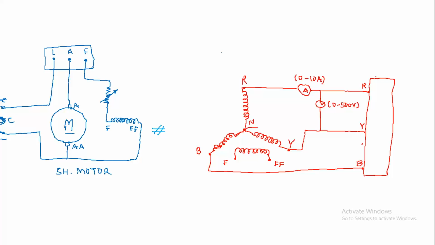And the load is variable, so you must put an arrow in the load. Otherwise, if you do not show the arrow, it will be a fixed load. You will get only two readings, one at no load, one at some load. Since the load is variable, you have to put an arrow across it so that you can vary the load. This is a three-phase pure inductive load.